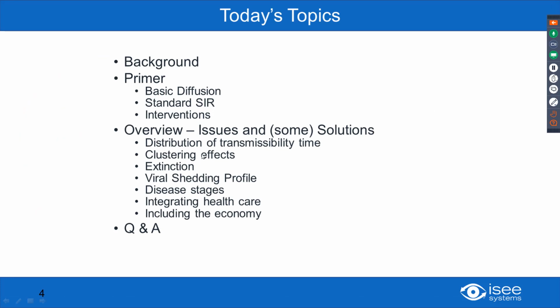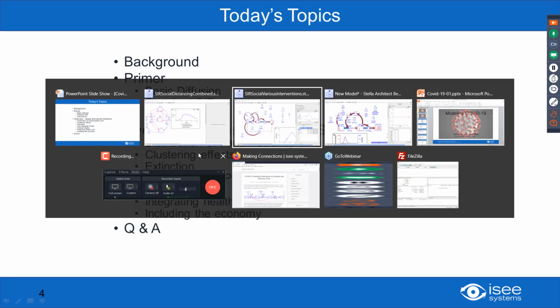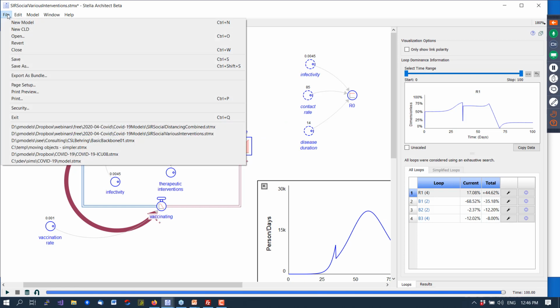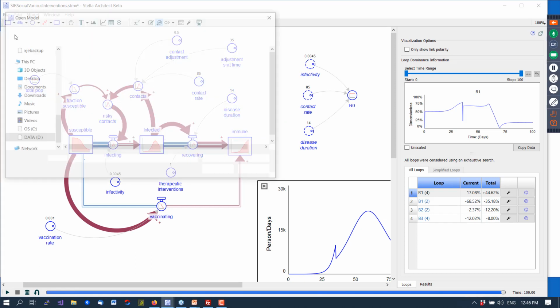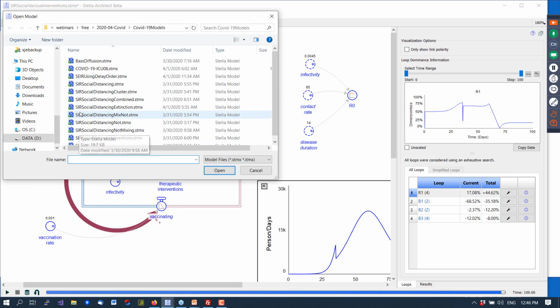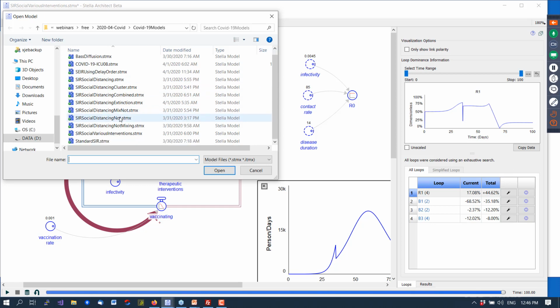The next thing I want to talk about is clustering effects. And clustering effects are interesting in that when a disease begins to propagate, it doesn't just show up everywhere all at once. It shows up in one or two places. And I have hopefully named these